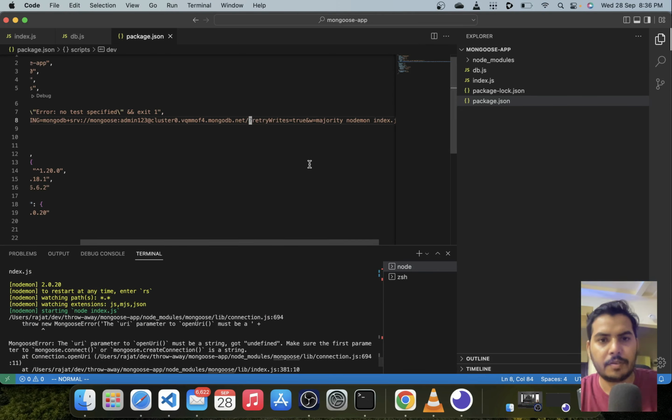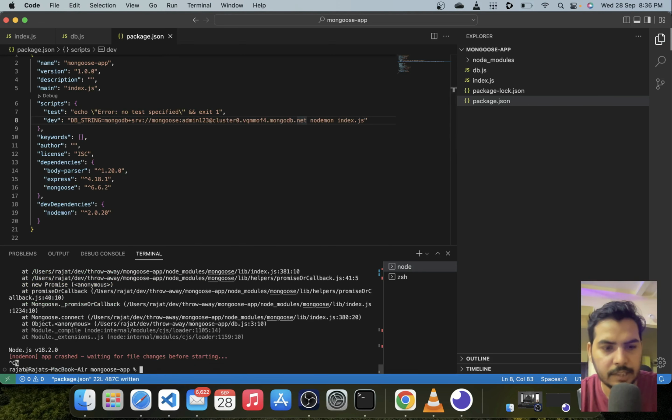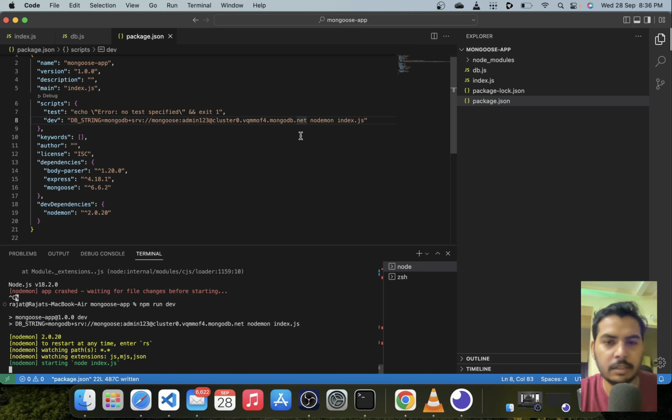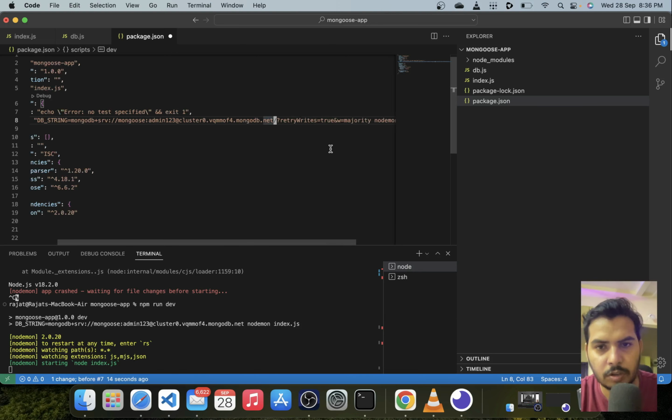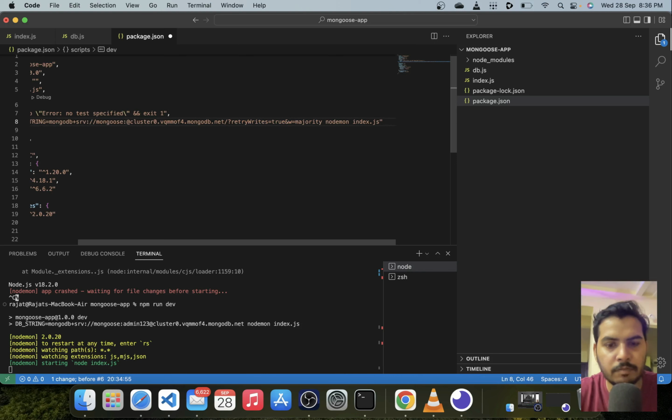Why is it undefined? Try to remove this thing. We simply do not need it. Let's try this now. Okay, now it is working. It turns out that there was something complex going on when we were using this sort of syntax. Bash was doing something with it, and so it was not able to inject it properly. Simply drop this from the connection string and your program will still work.